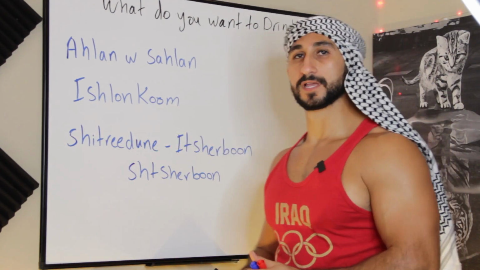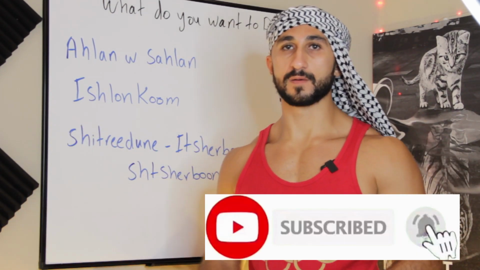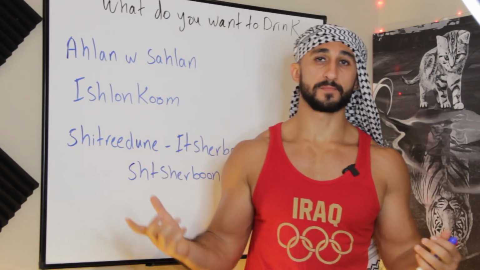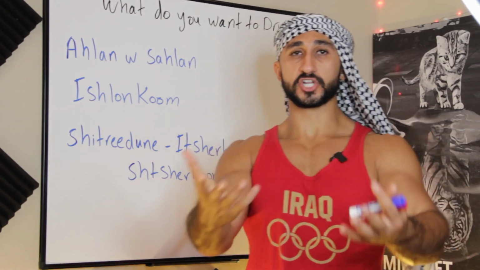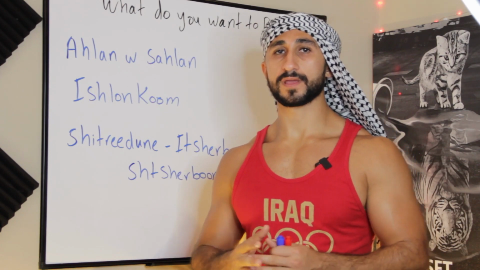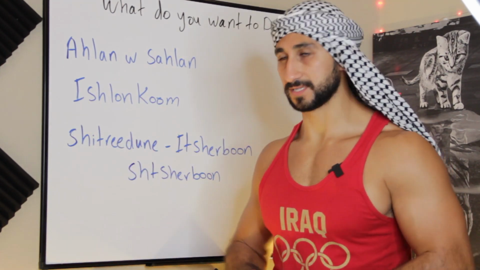Ishlonkum. Ishlonkum is how are you all, because you're in a group of friends and then the waiter comes up to you. Okay, then you guys answer zain. Like let's say one person answers for all of you guys, zain. Let's say you're the only one at the restaurant and then the waiter comes up to you. So he would say ahlan wa sahlan, you would answer ahlan wa sahlan. Ishlonek, you would say zain, alhamdulillah. Let's assume he's a waiter. Inta shonek, zain, alhamdulillah, the waiter is going to ask you.